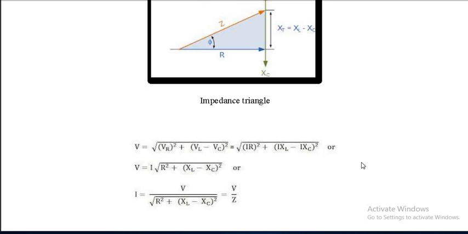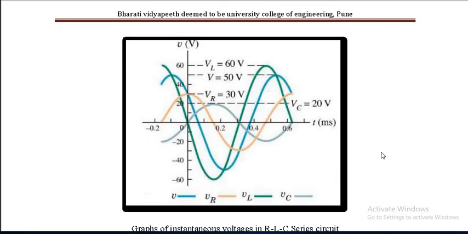Then you can see over here, as I said, when I talk about AC circuits, it is not an algebraic sum. So if 10 volts is applied, it need not be the case that it is 4, 3 and 3 like that, because it is not an algebraic sum. It is a phasor sum. That means we have to do the addition in rectangular form, isn't it? So we have to have a phasor sum, right?